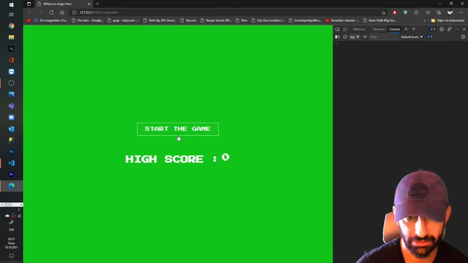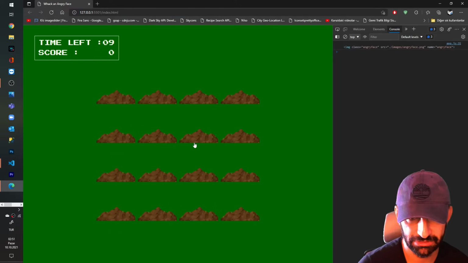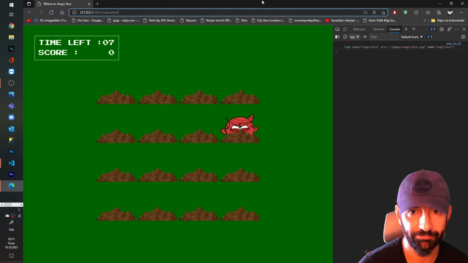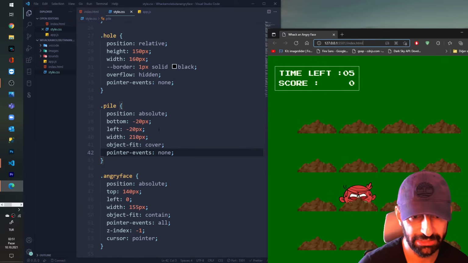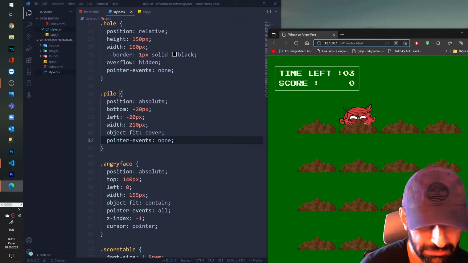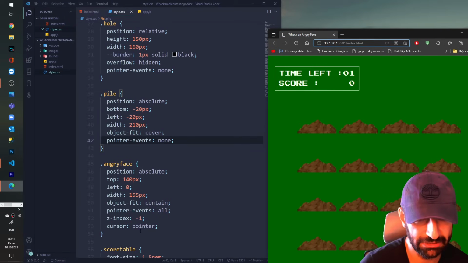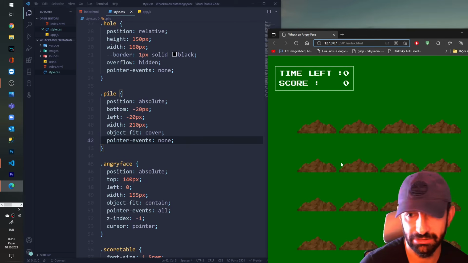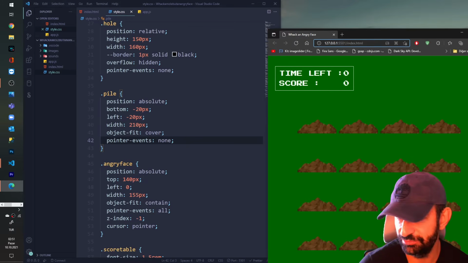Okay. Refresh. Yeah, I can click him, but I don't want this to be happening. Pointer events none. Scroll down, border none. Okay. I'm gonna give the pile a little bit of z-index, maybe.